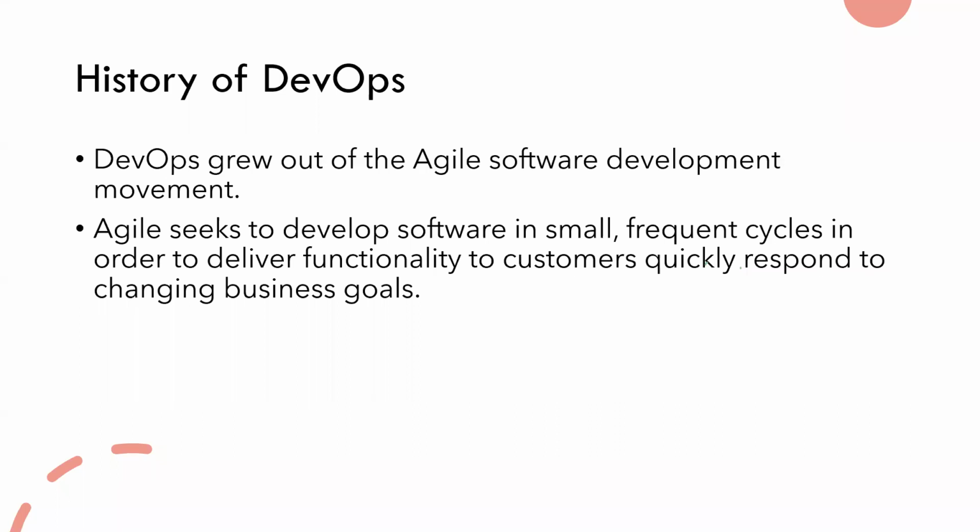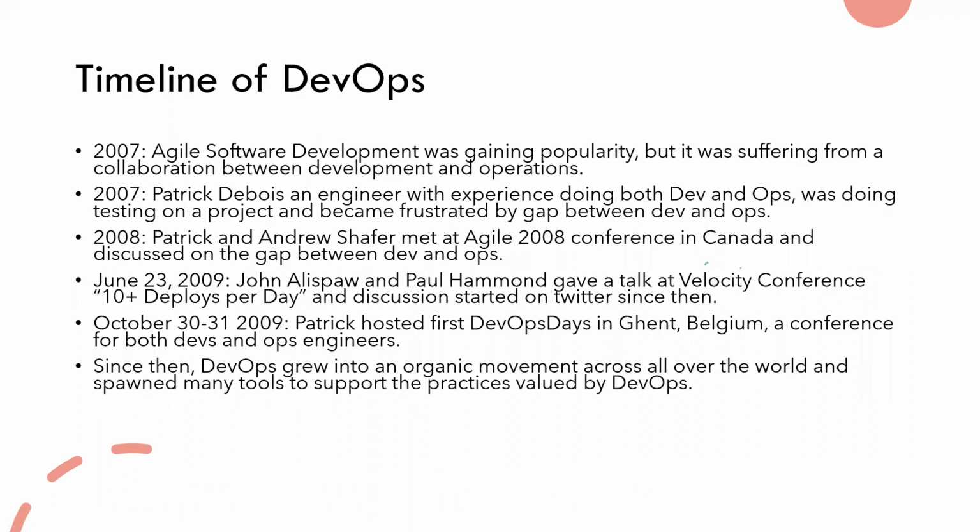So we'll talk about DevOps and agile together in a few minutes. But let's talk about the history of DevOps. In 2007, when agile software development came in, it was gaining much popularity. Everyone was praising this model, everyone was quite happy that something new came in, we don't have to wait much for the code, and we'll have more frequent releases,